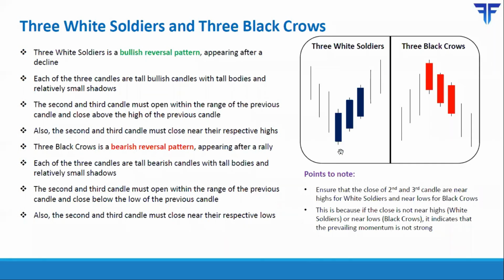So you could maybe draw a Fibonacci retracement from the low of the first candle till the high of the third candle and keep a stop loss somewhere between 50 to 61.8% of this entire rally. So that will be a relatively conservative stop loss. So 61.8% of this rally ideally should come somewhere over here. So that should be the ideal stop loss for this pattern.